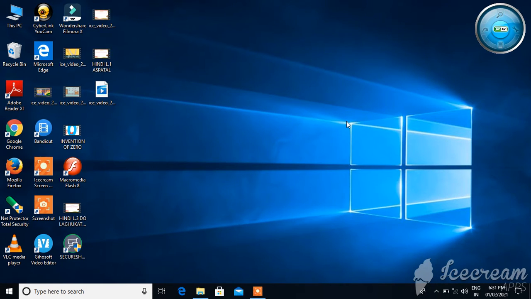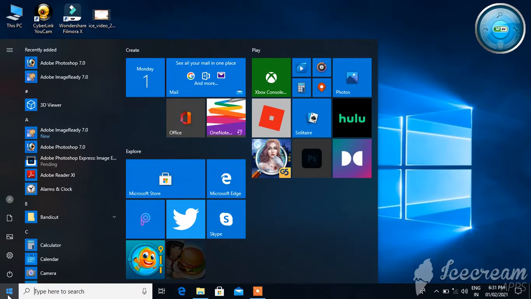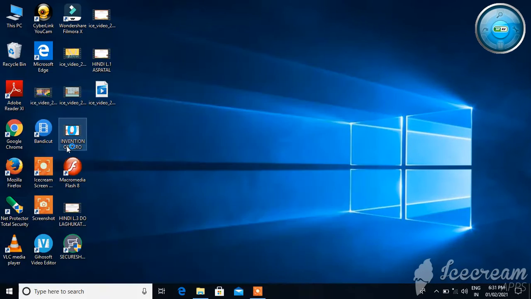Today we are going to learn more about Photoshop. As you know, last year we learned some tools of Photoshop and why Photoshop is used. So in this lesson we will learn more tools about Photoshop. Just click on Start and then click on Adobe Photoshop 7.0 to open Photoshop.